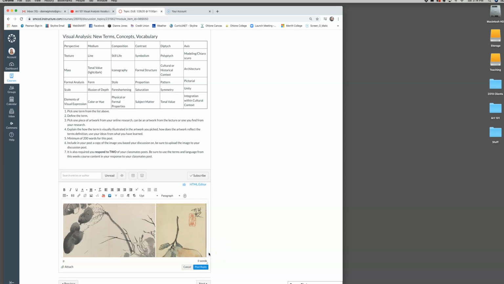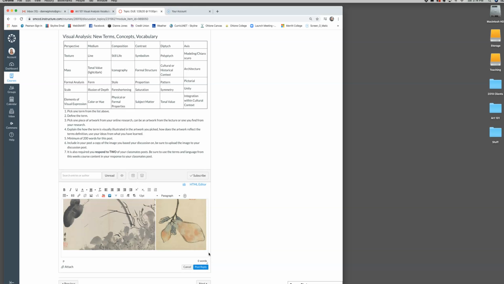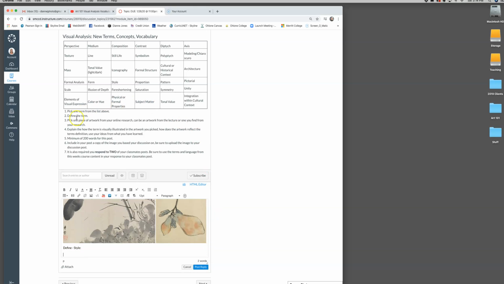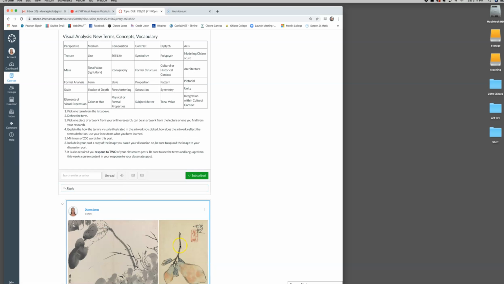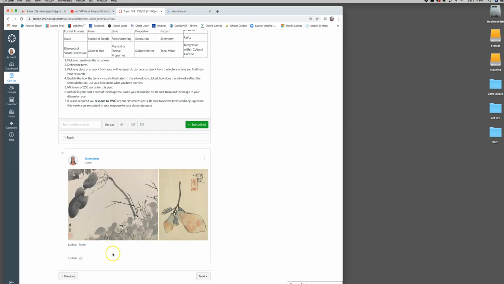the image in your post and then you can discuss, for example, let's say for this homework project you were going to define the word style, so you might want to put define style and then you would go ahead and put your definition and respond to the various prompts and then you would hit post reply and you would be able to see your image with the text that you would be required to respond to this particular vocabulary